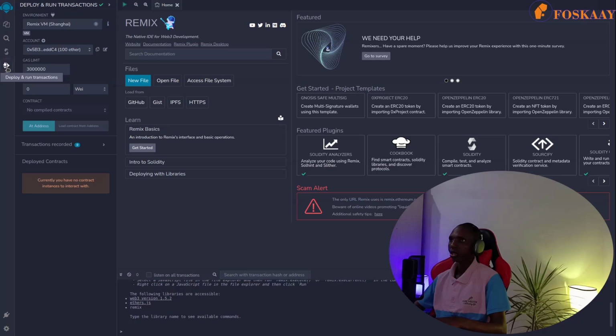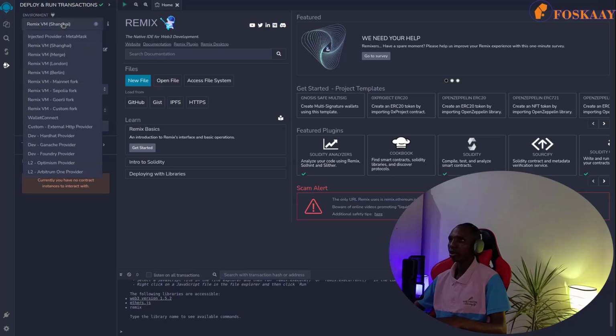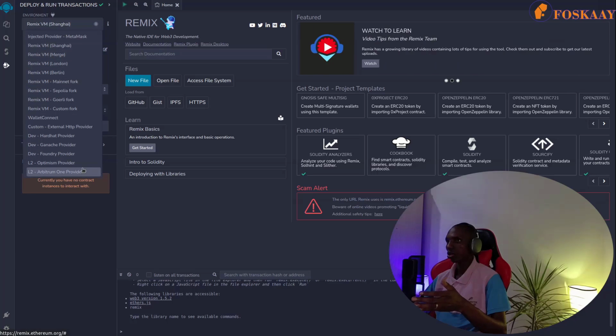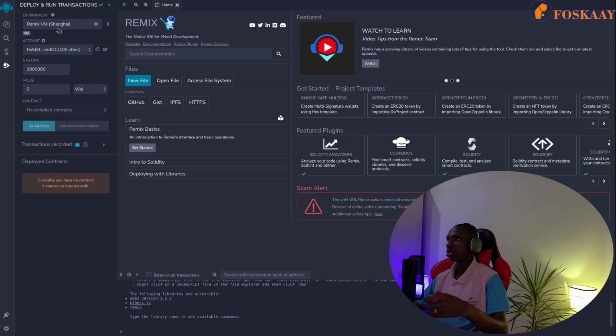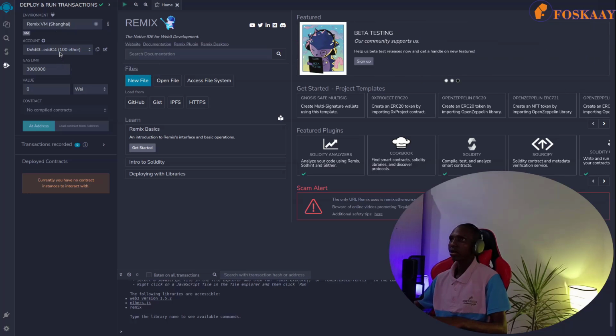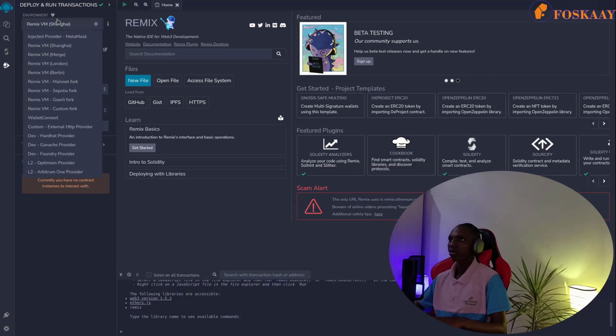And here is where you deploy your contracts. You select the blockchain you want to run on, like if it is Dev testnet. All these ones are like you are running a local server, so you can just leave it here. You don't need to connect with MetaMask or other things like that. So then if you pick any of these,